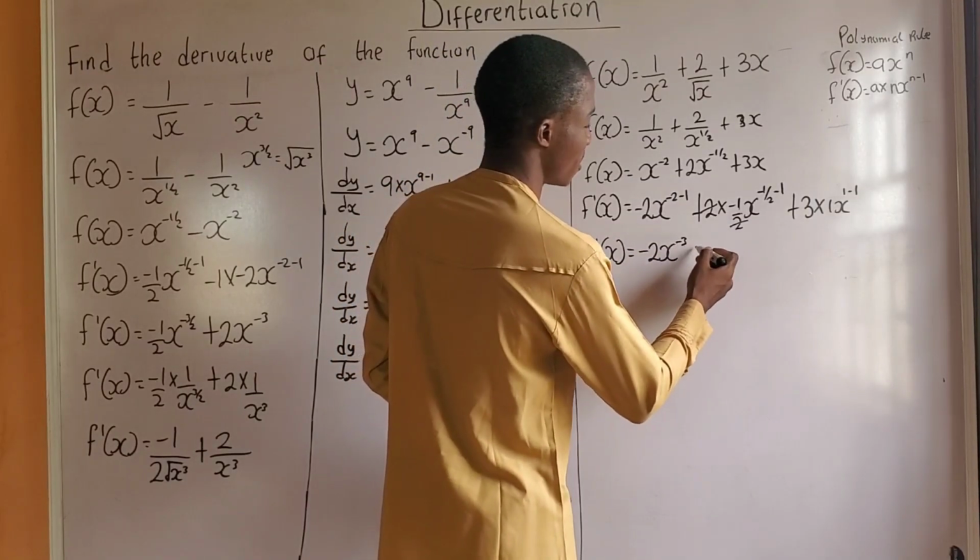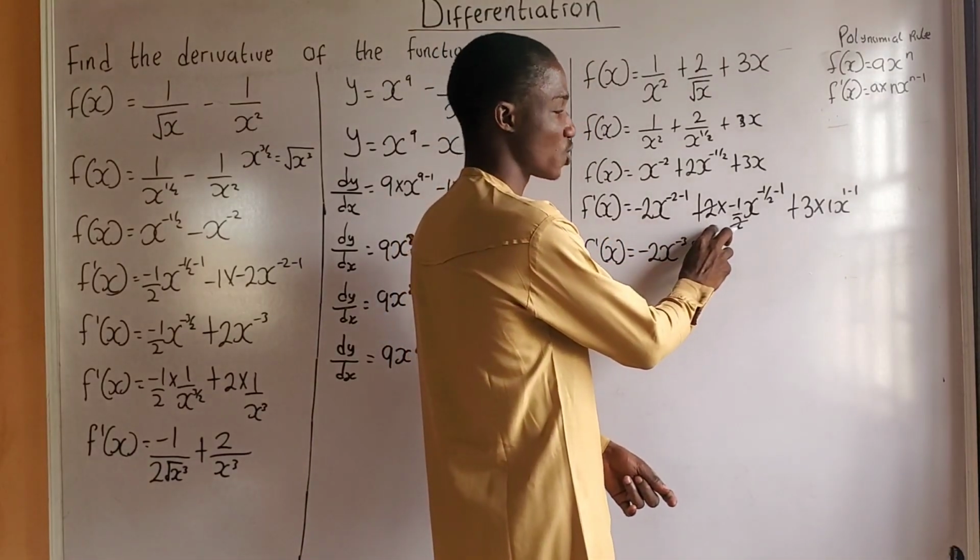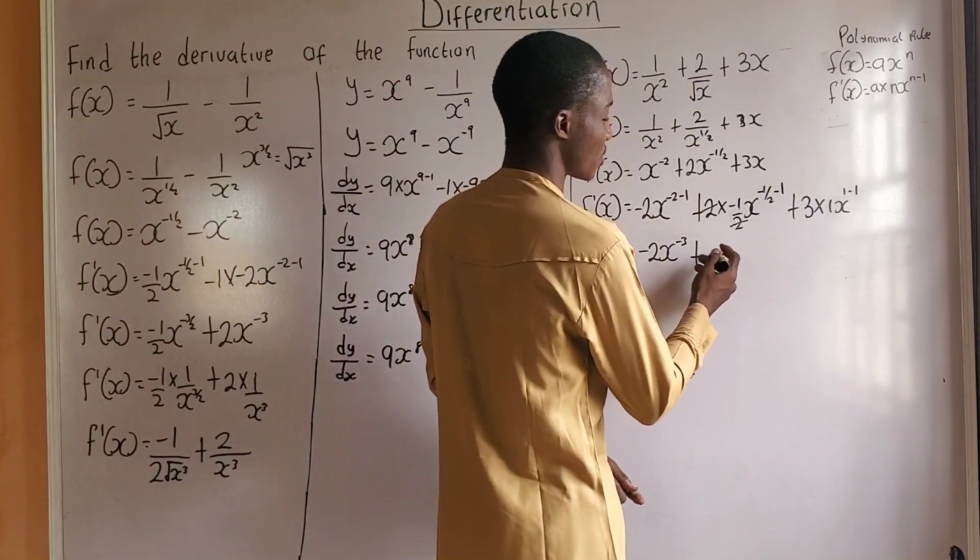I'm going to have the derivative of f of x is equal to negative 2x raised to the power of minus 3, plus, now these 2 cancel these 2, so I'm left with what? Minus